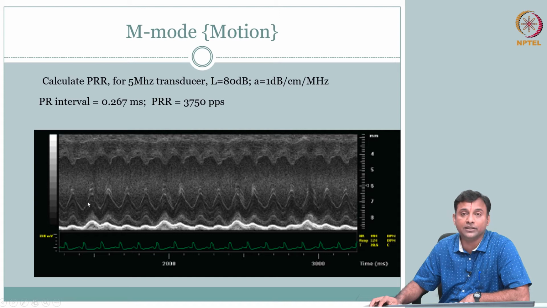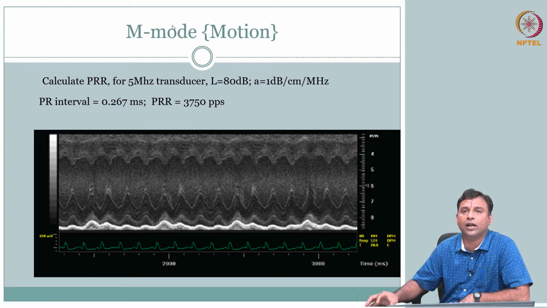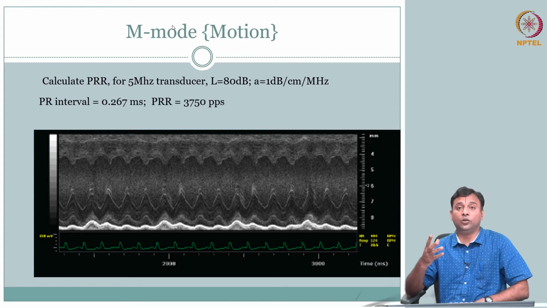You can get the frequency of opening and closing. All these are vital parameters, right. So, you can get all that. So, you can visualize that information from this image. So, this is a motion mode. Mostly you see this in the scanner as one of the options, and it will be typically used when you are doing echocardiography. That is a whole field.